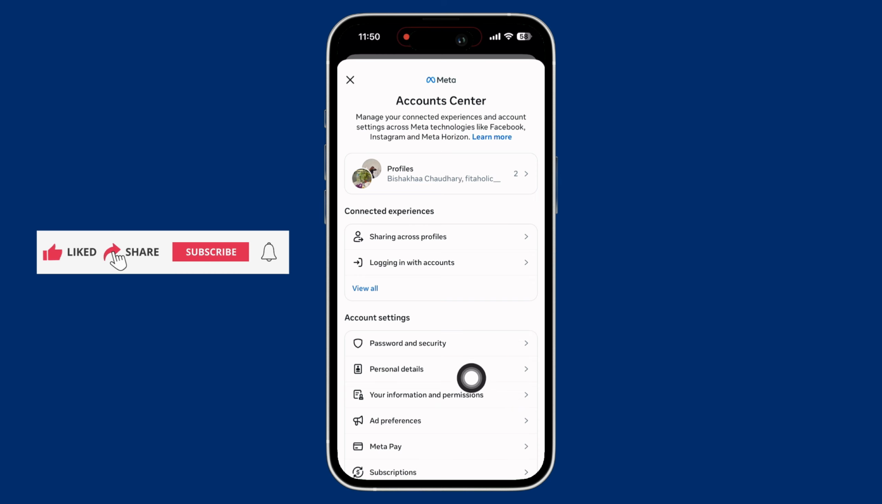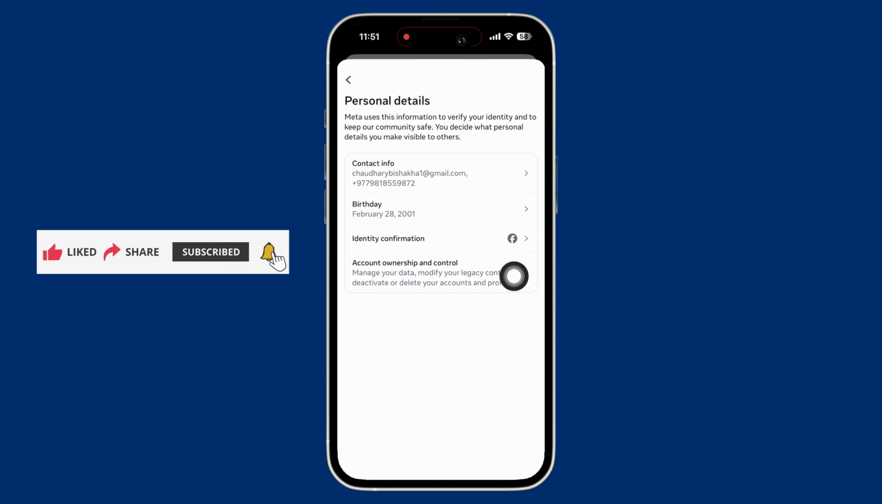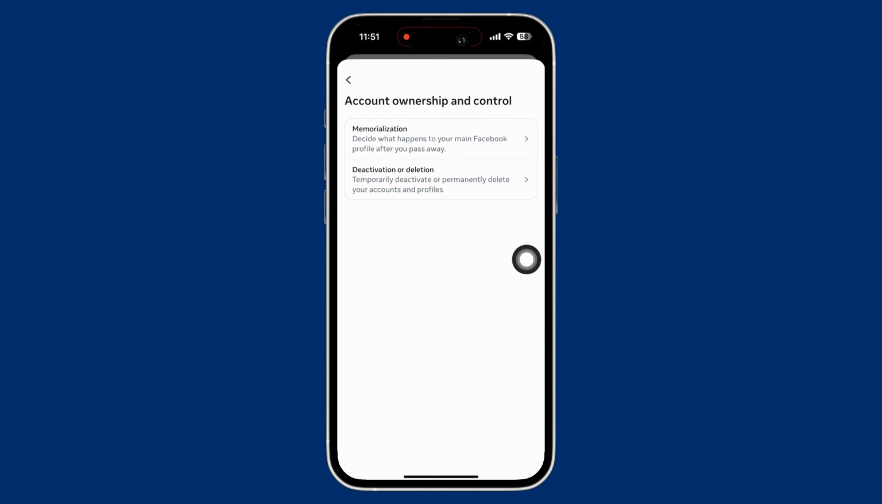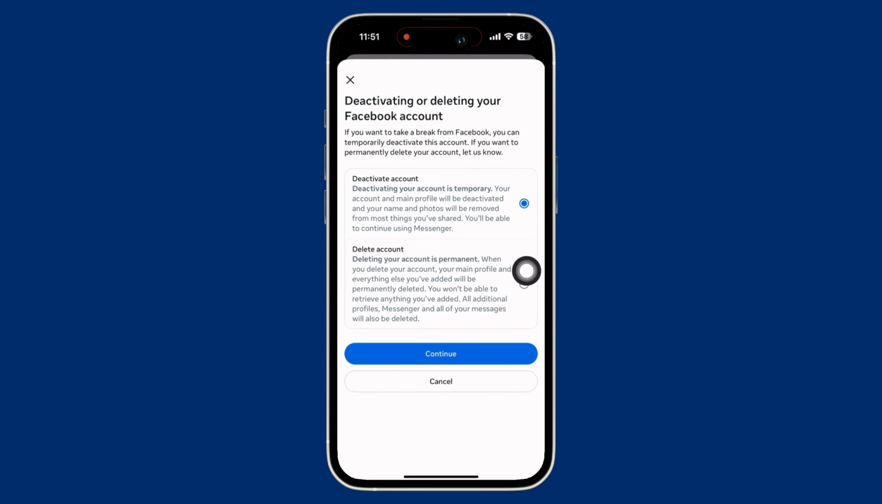Then tap on the Personal Details option under Account Settings. Further, tap on the Account Ownership and Control option and then tap on the Deactivation or Deletion option you see there. You will then be required to tap on the Deactivate Account radio button. So tap on that and then tap on the Continue button you see there, and then tap on Continue again,